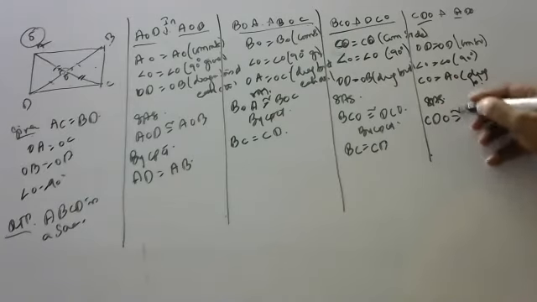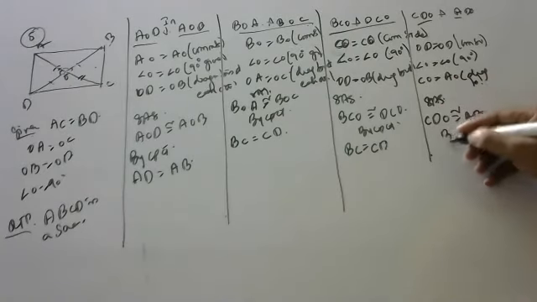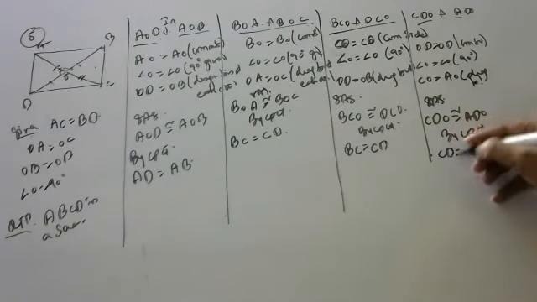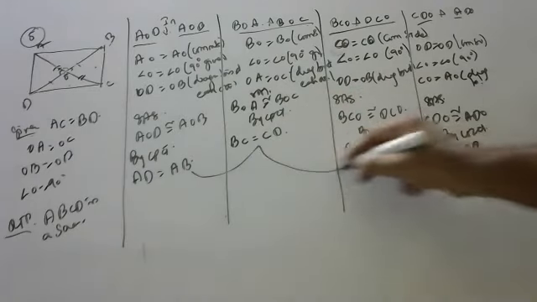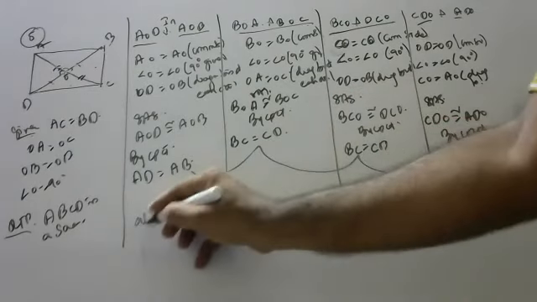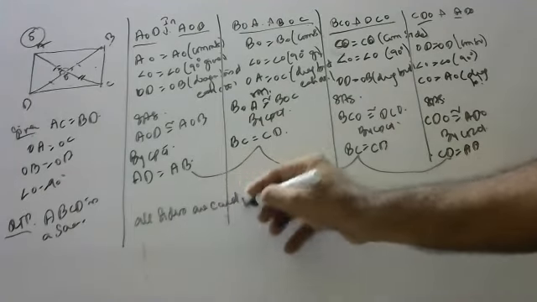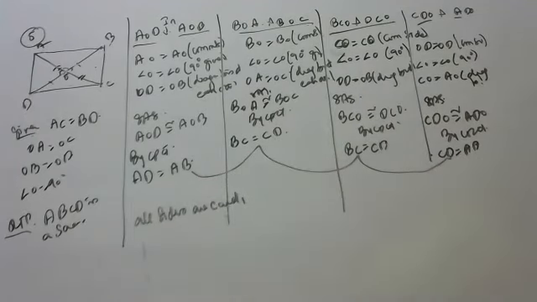Triangle CDO is congruent to triangle ADO. Again by CPCT, what can we say, children? CD is equal to AD. From this, what can we say, children? All sides are equal, children. Therefore, ABCD can be a square or a rhombus, no, children.